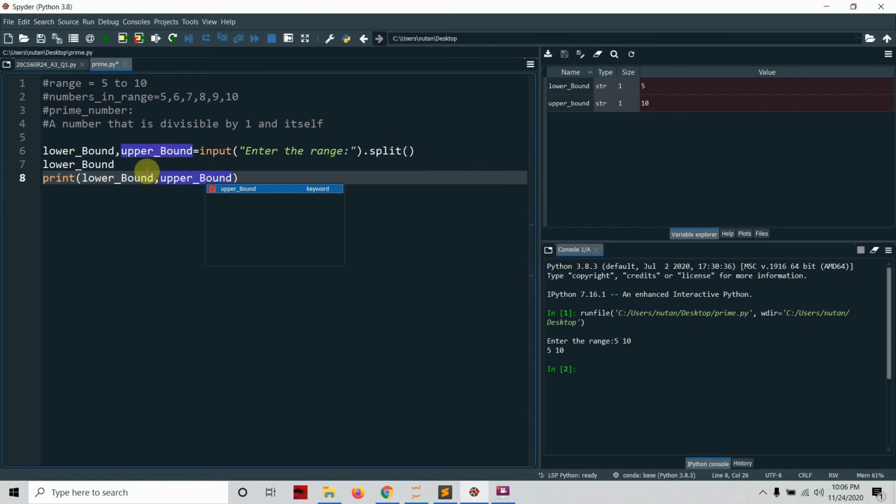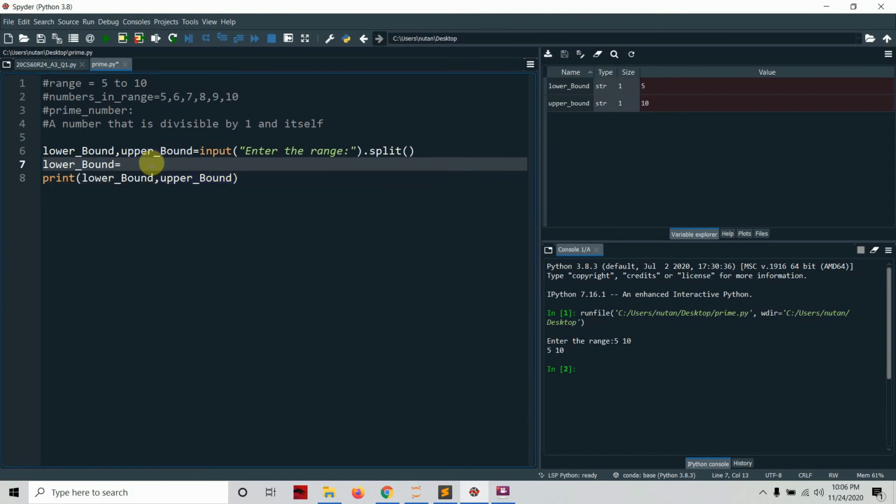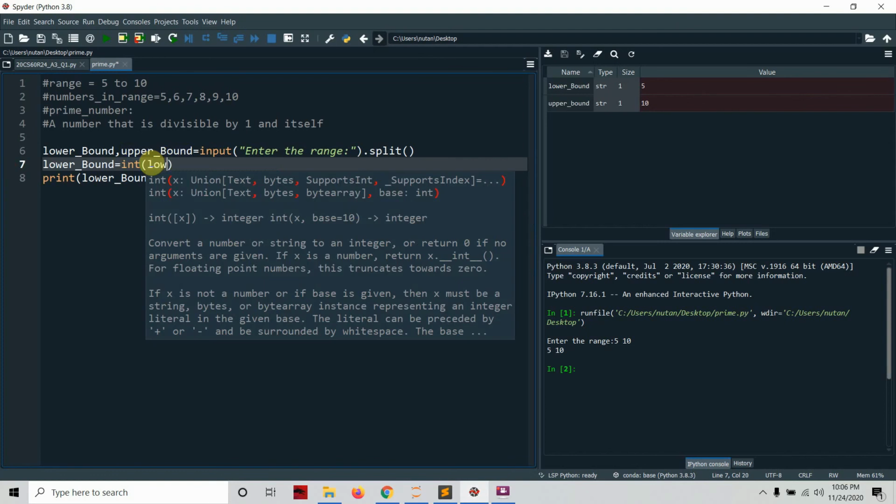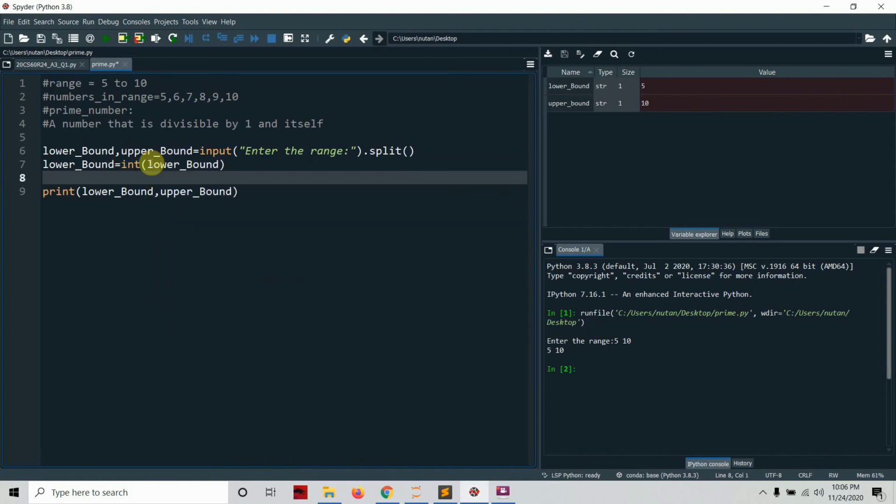Yes, lower bound is, sorry, int of lower bound, right? And upper bound is equal to int of upper bound, right? Now these things will change to integer because they are typecasted and assigned back